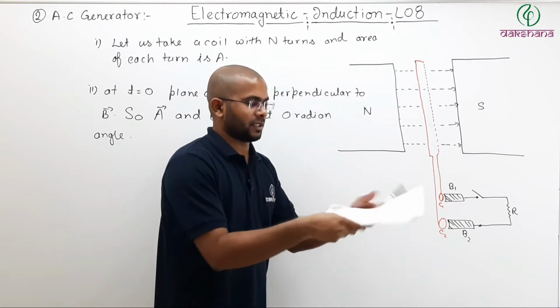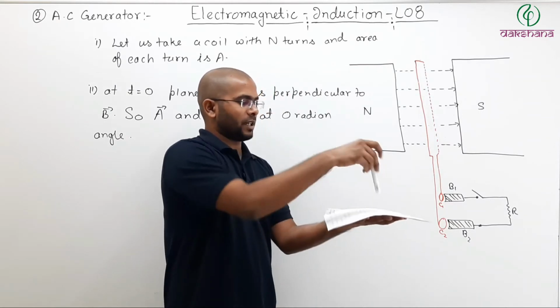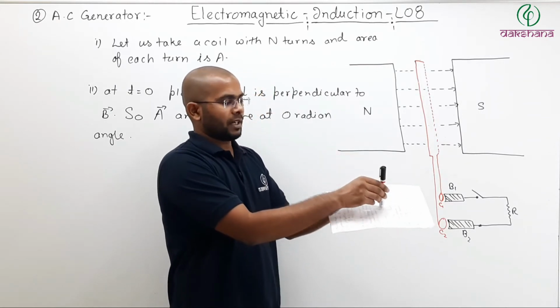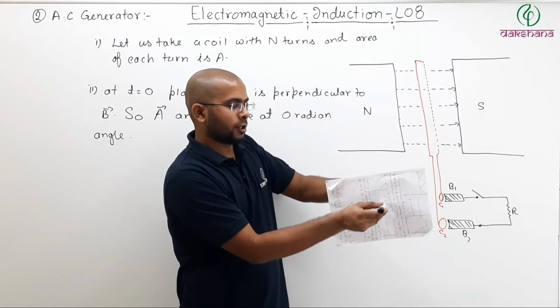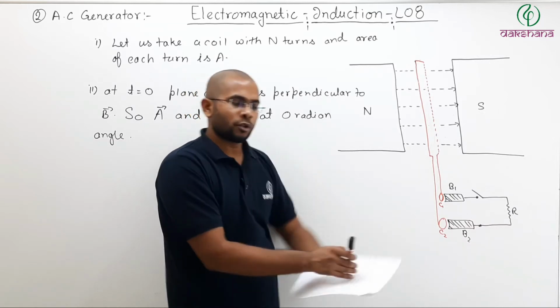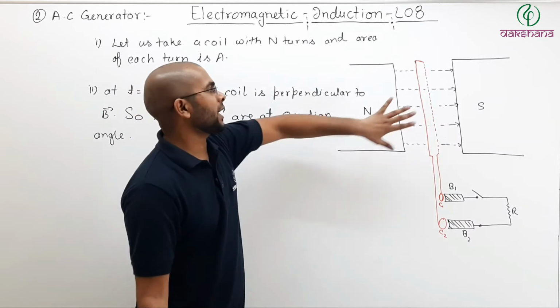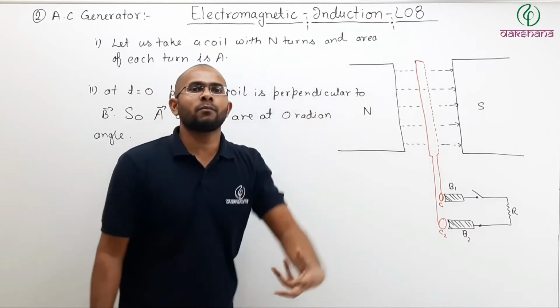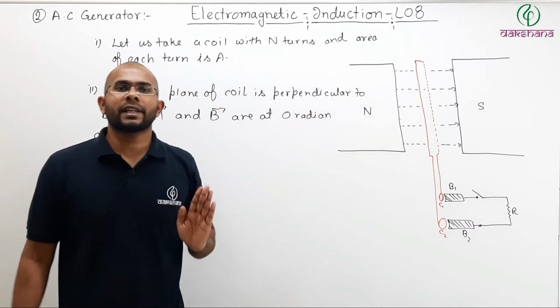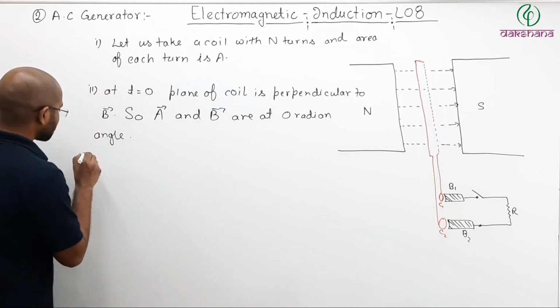For example, this is like this, and this is your area vector. If I rotate your loop, the area vector also rotates with the loop. So by whatever angle you rotate your coil, the same will be the angle rotated by your area vector. So let us write